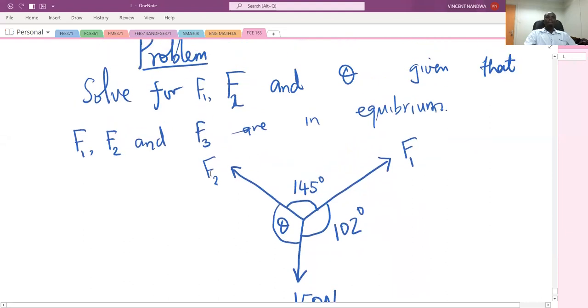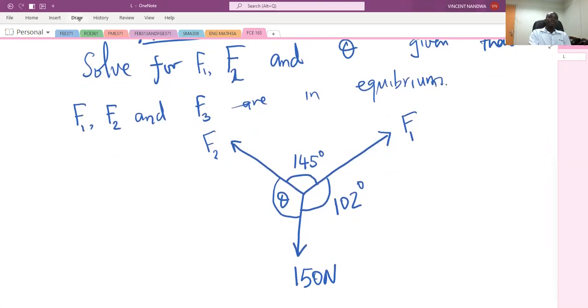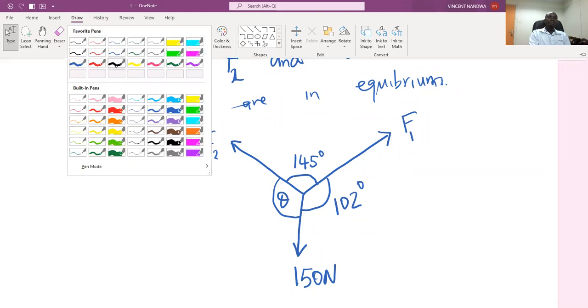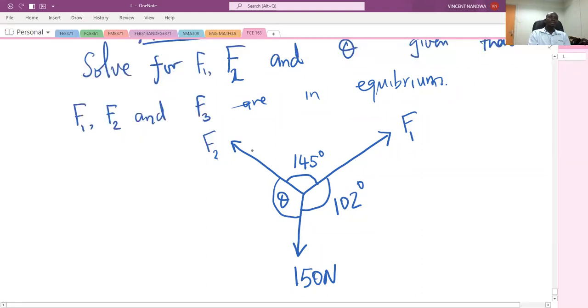Here we have a problem: to solve for F1, F2, and theta, given that these three forces, F1, F2, and F3, are in equilibrium. To solve this one, we apply Lami's theorem and say that since the three forces are in equilibrium, then F1 over sine of its opposite angle, theta, equals F2 over sine of the opposite angle, which is 102, equals F3 over sine of